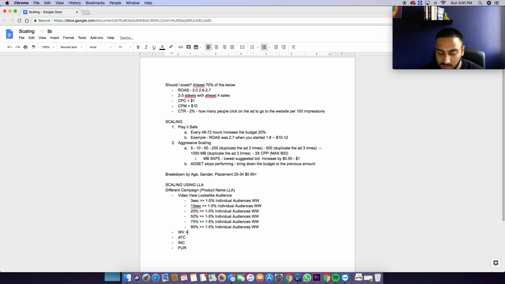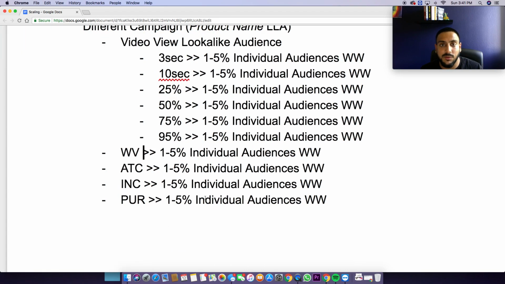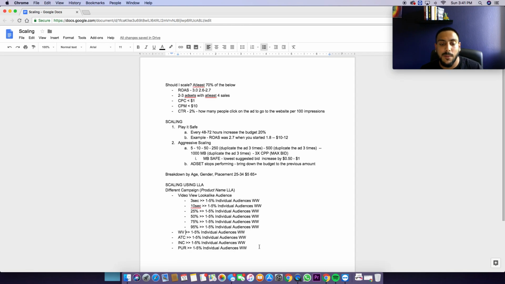Right. And then I'm gonna do the same thing for website view. And once I have enough data, I'm gonna do it for add to cart, initiate checkout, and purchase. And once you run all these ad sets, you should have enough data for add to cart within a few days if the product is a winner, if you keep it running. And just from all this, you're gonna have 50 audiences, right? And then what I'm gonna do is I'm gonna run all of these audiences at $5 per day.